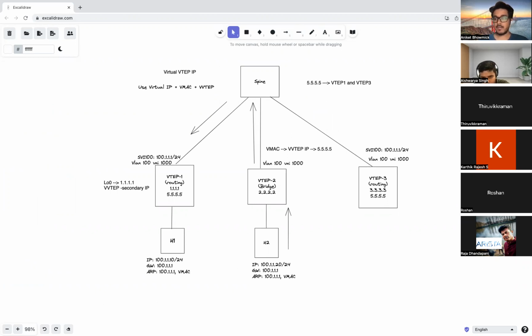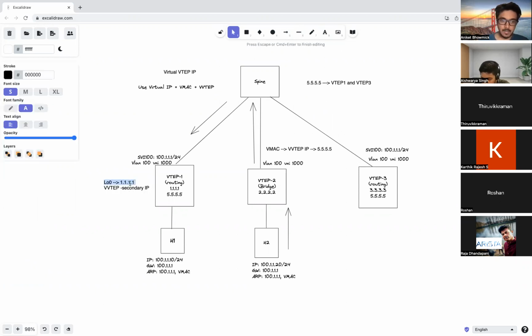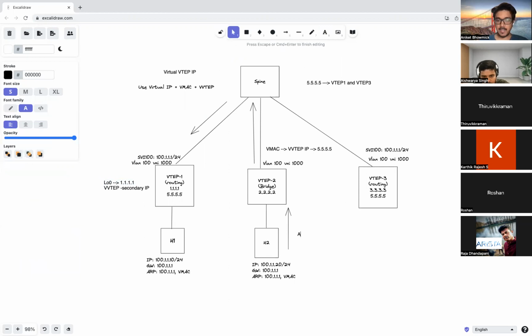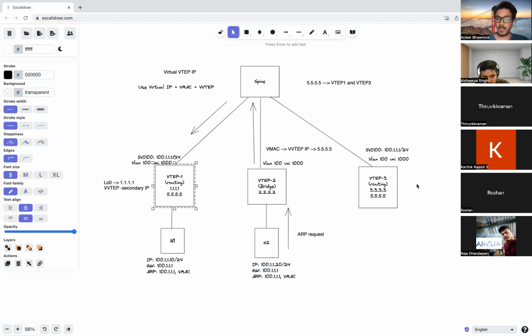Okay. This is a loopback, which is mapped to the VXLAN 1, right? So yes, it will take secondary IP. I'll get to that. What you're asking, we'll get to that. But let's say this H2 is sending an ARP request for the virtual IP 100.111, when it will be reaching VTEP1 and VTEP3,